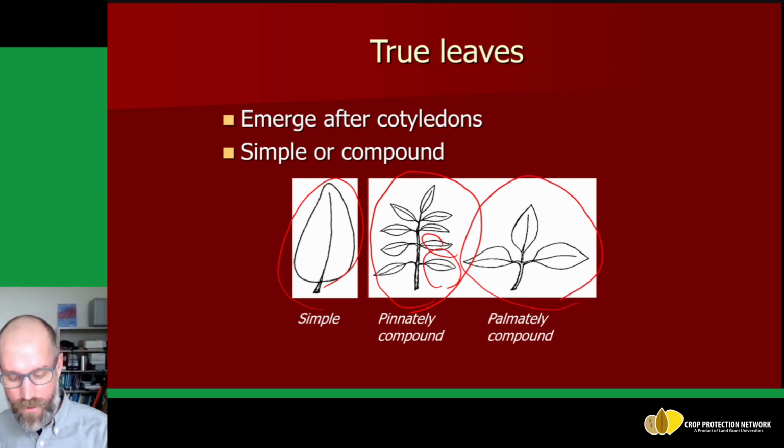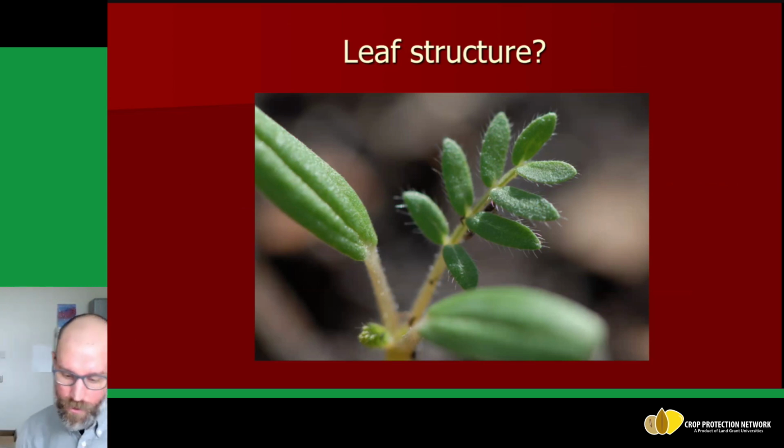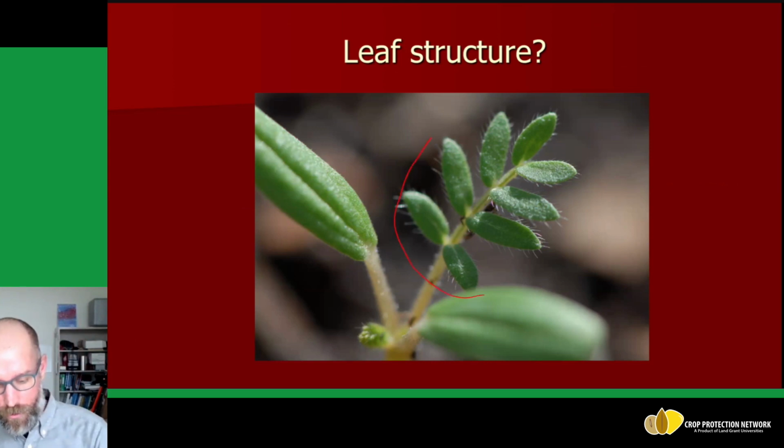So pinnately, often you think of a feather. So you have the main stem of a feather, and then all the feathers that come off of that. Or a palm, this is more like a person's hand, right, with the fingers all originating from the same place, where those terms would come from. And so if we look at a plant like this, so this is puncture vine here. This is a great example of a pinnately compound leaf. So again, this whole structure here is the leaf, and you can see all these different leaflets